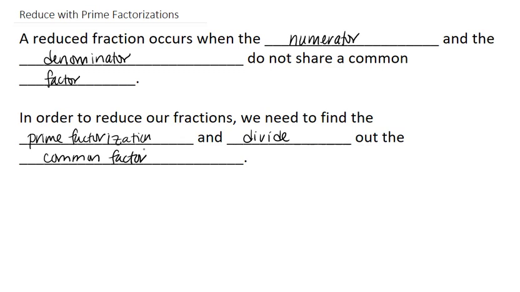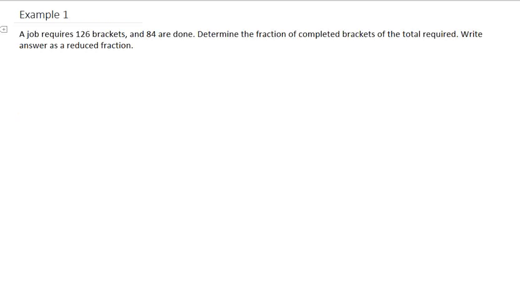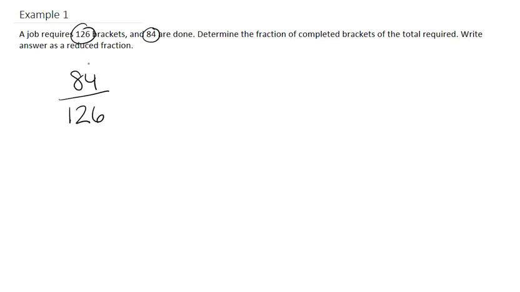So let's do an example. Example 1. A job requires 126 brackets. 84 are done. Determine the fraction of completed brackets of the total required. Write the answer as a reduced fraction. So what we can do is we can see we have a fraction. So we have the total of 126 and 84 are done. So we need to reduce this with prime factorization. This is one tool we could use to find out all the common factors, and then we can